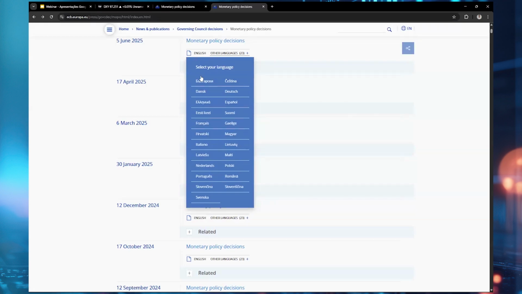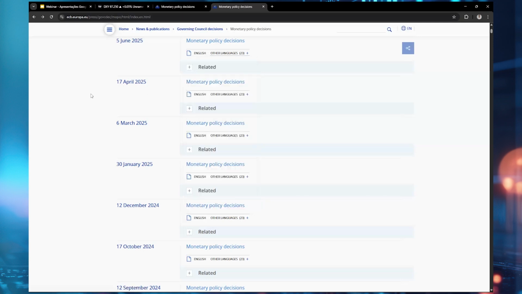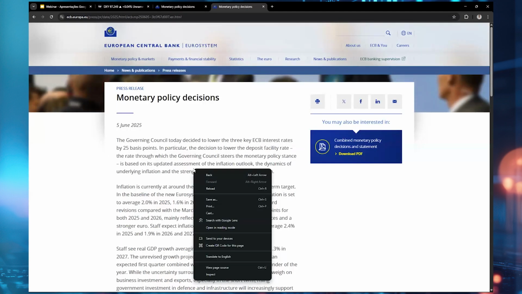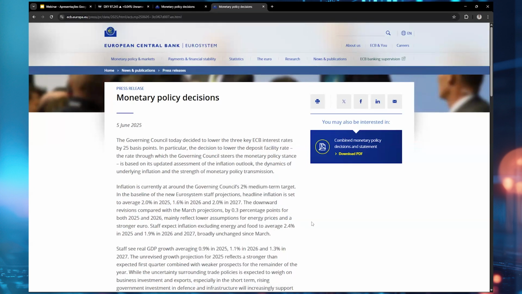I don't know what language this one is. I don't know either, but you've got Italian, Portuguese, Dutch, Spanish. You have plenty of languages. So if you don't feel comfortable in English, that's okay. If you don't trust the Google translation much, you can also translate to English here, that's fine. Most likely your language will be covered. Okay, cool. I guess that's it from me today.